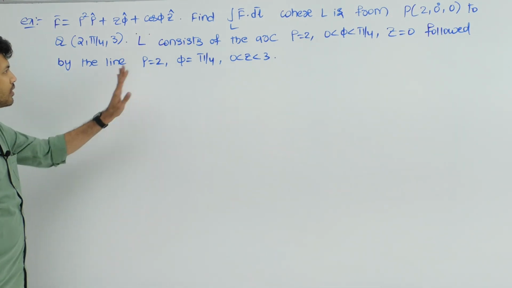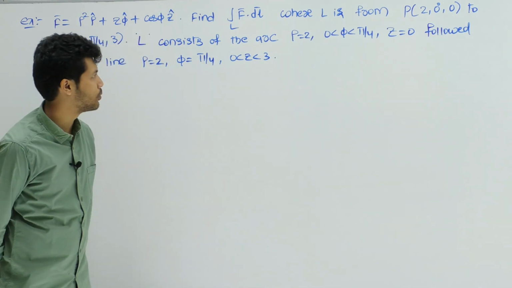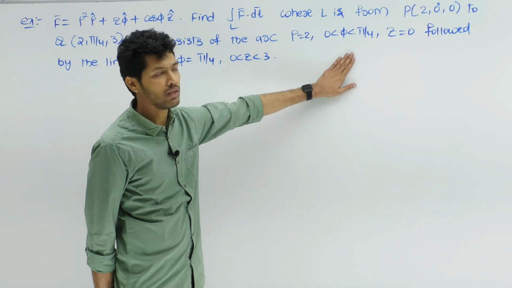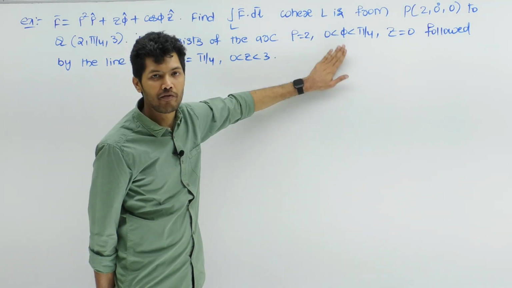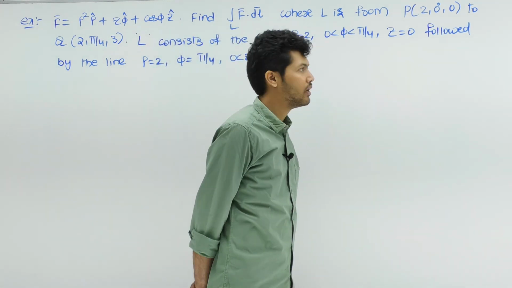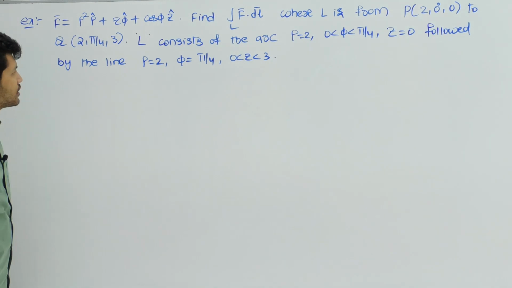Now L corresponds to the path. First of all we are having an arc wherein the value of rho remains constant, equal to 2. And what about the phi now? Phi changes. In the first path, only the phi changes for us, okay? And the value of z also remains constant. And after you change the value of phi only, what we are doing is we are changing the value of